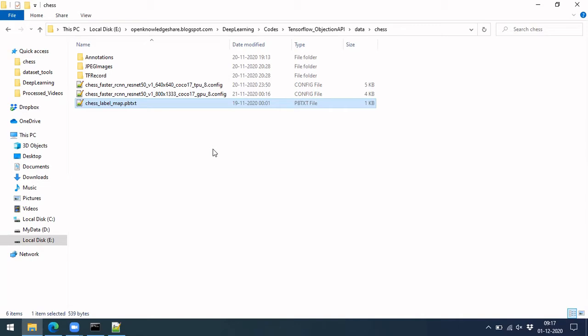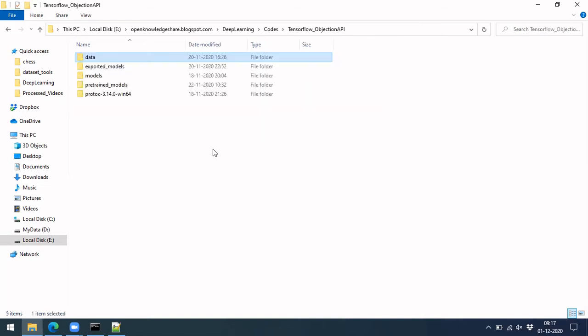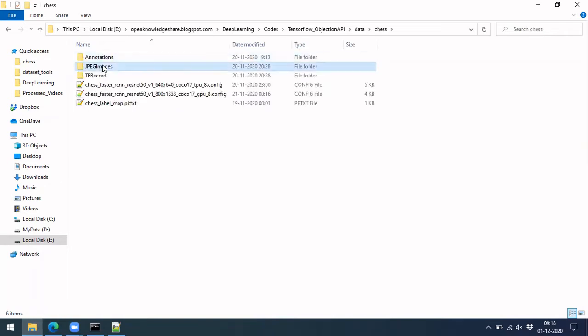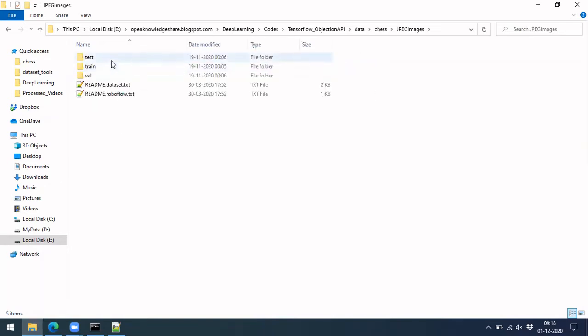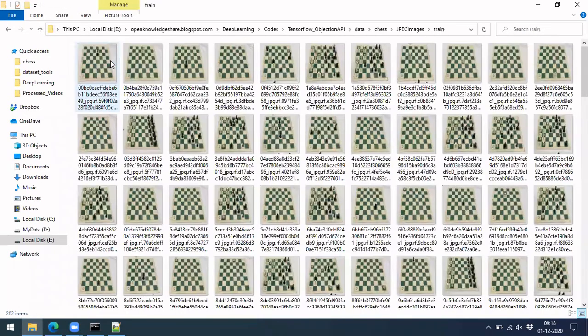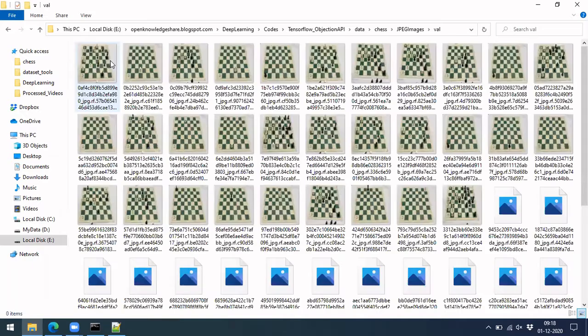What you should do is run this file, and once this is ready, we have to do a kind of configuration. What we'll get now is a data set like this, where your JPG images are in this folder, where you have test in one file, as well as train in one file and validation in one file.